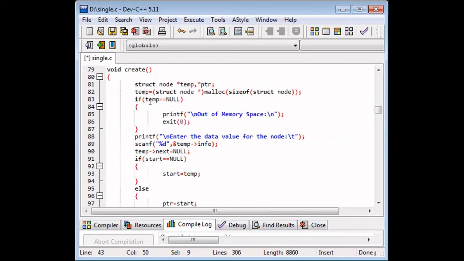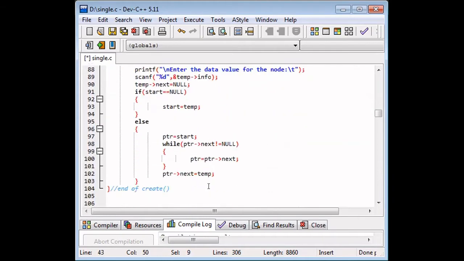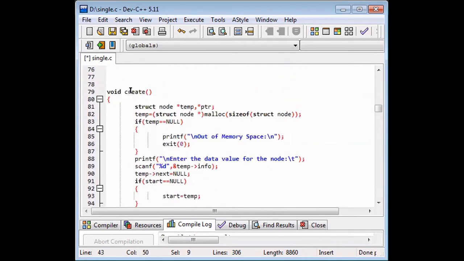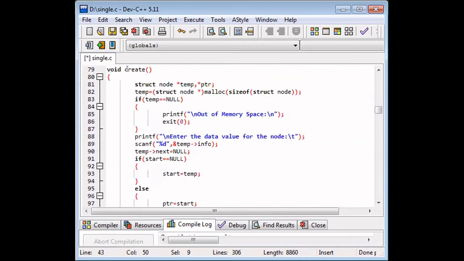Create. Okay. So as such, we don't study the entire program. We will study only function by function. Okay. So when it comes to create, our structure for creating a node, the name we use is node. Here the same node, we need to create 2 things. One is called temp and another is called pointer.